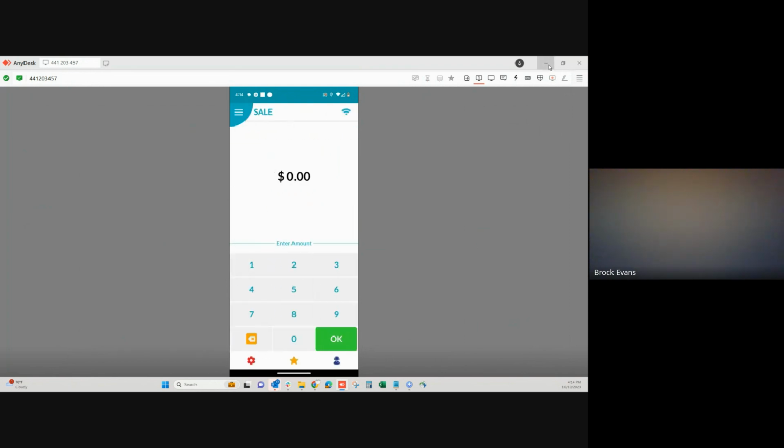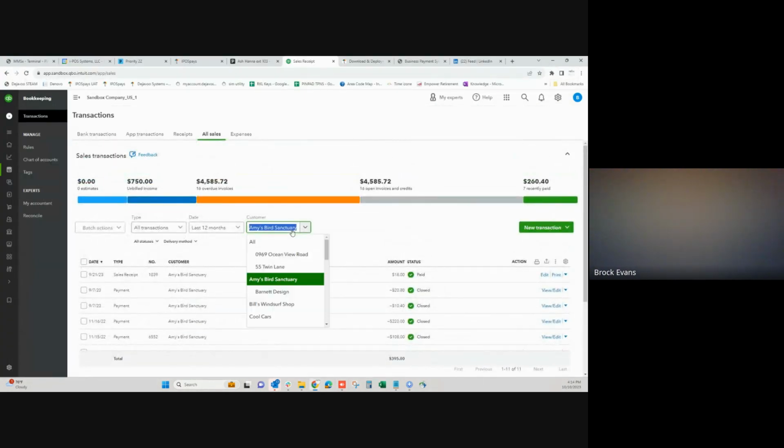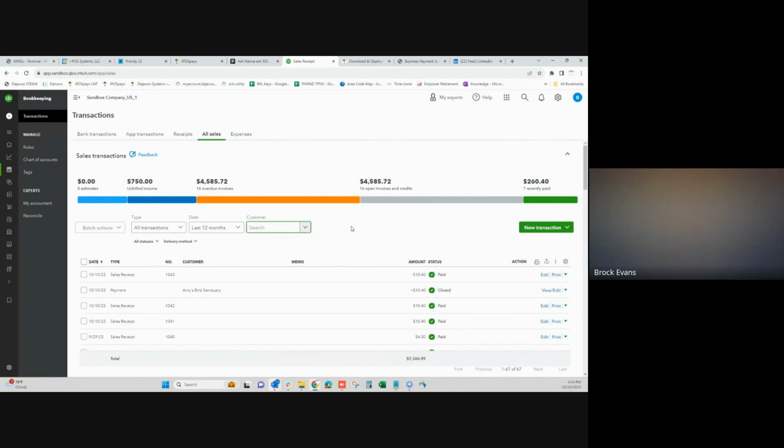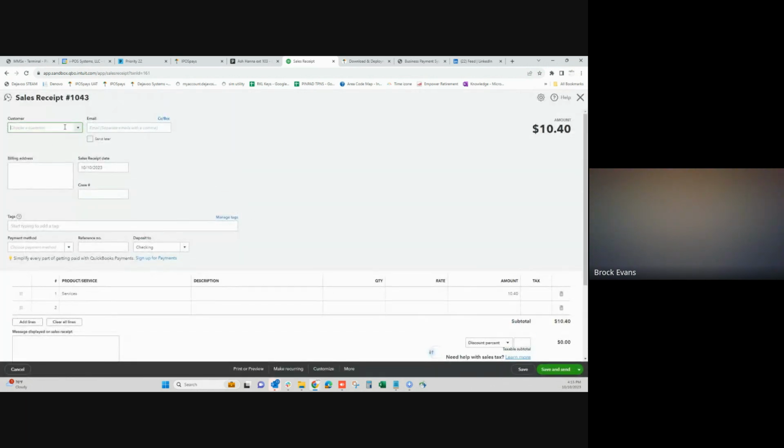All right. So now I'll go ahead and jump back to QuickBooks. And now I need to change this to all so I can see all payments. And here's that sale that we just did. So you see, you don't have to wait. It's a direct connect to QuickBooks. It puts the information in there directly. And this one isn't attached to an invoice or anything, but if you're familiar with QuickBooks, you can just hit edit, and then you could attach it to a customer, put different tags on there,